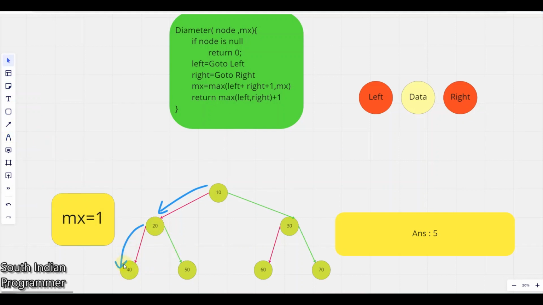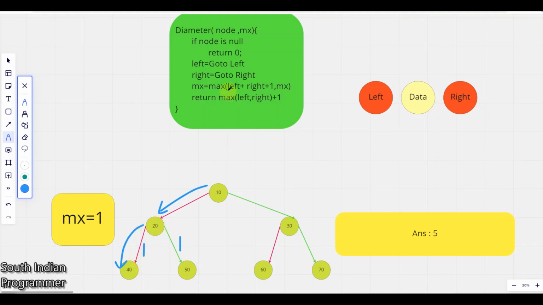Now once 1 is there, it will expect max of right and left plus 1. So my height is returned. So 1 is returned. Similarly, you have this right side travel, and it's supposed to return that height as 1, and moreover this operation is similar, so the 1 will remain the same when it encounters this 50 also. So when it comes to 20,